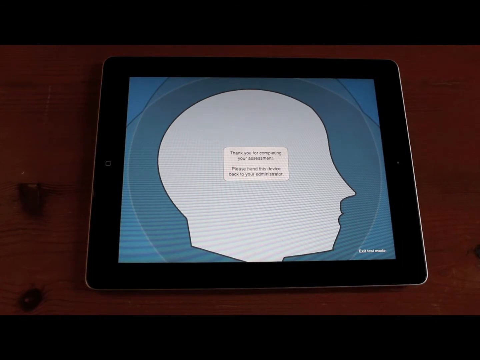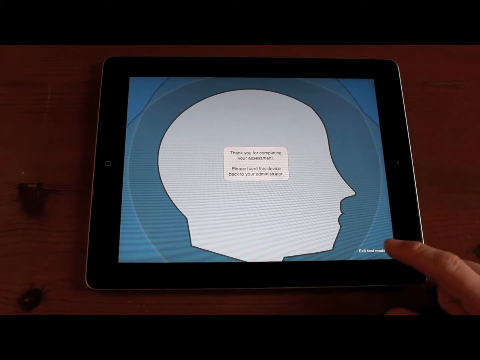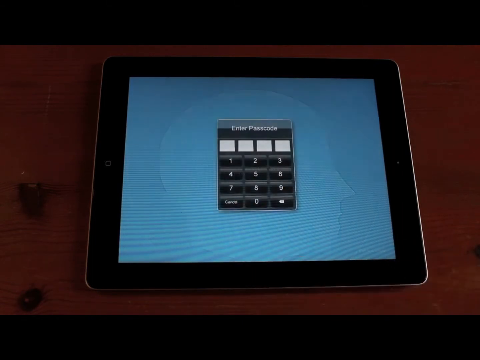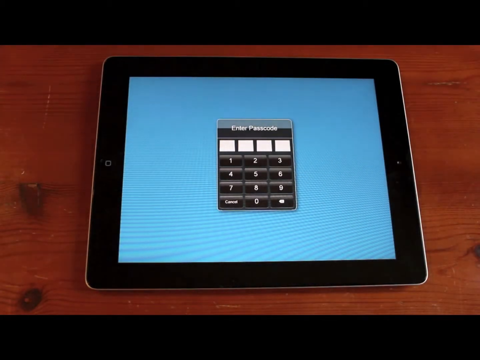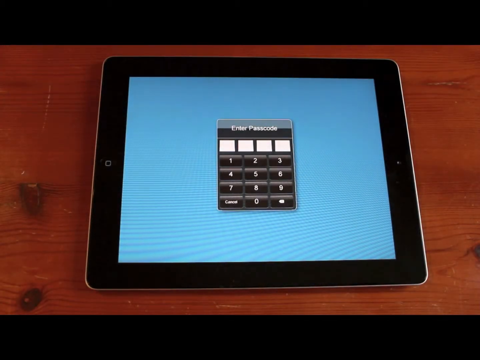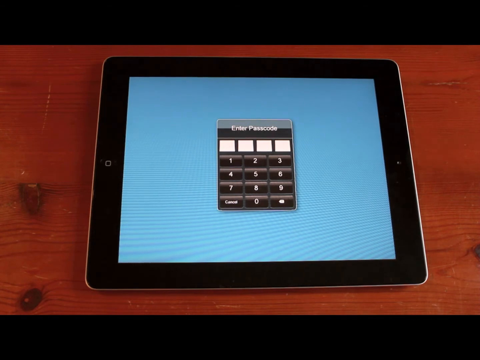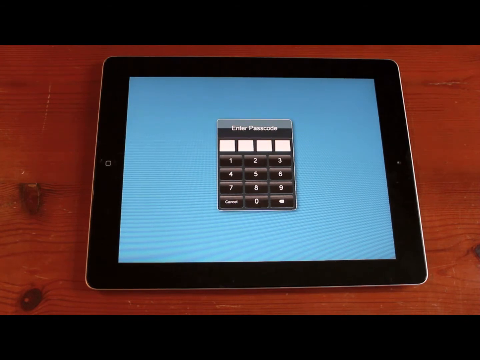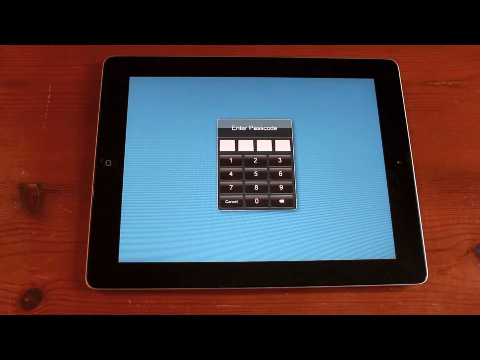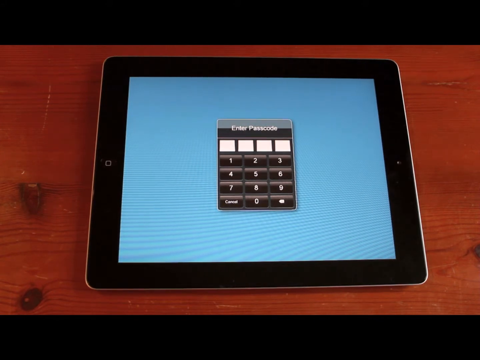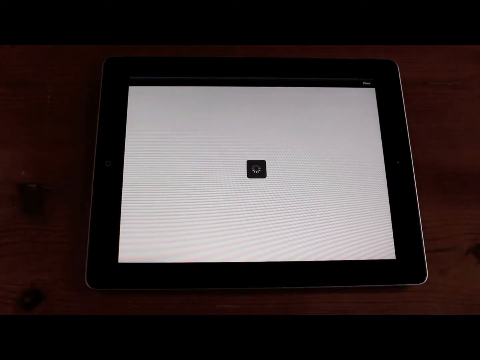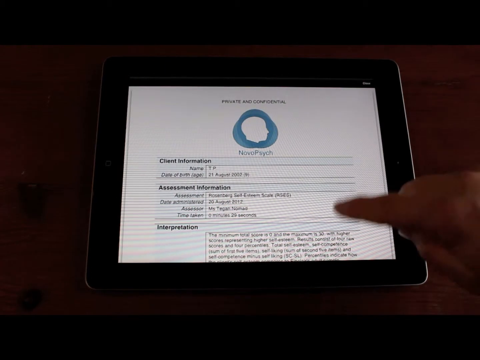So this is when I would come along and press exit test mode down the bottom here, and it comes up with my passcode. So it's really clear that NovoPsych have taken great care in the security of this product, basically so that results are only available to the person administering the test, which I think is fantastic. So I'm going to put in my passcode. It comes up with all of the results for that person,